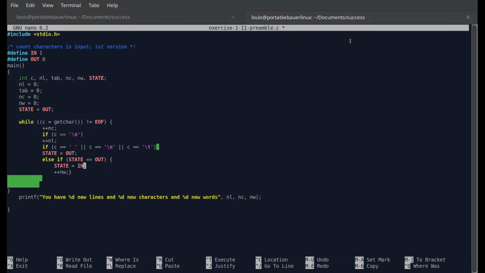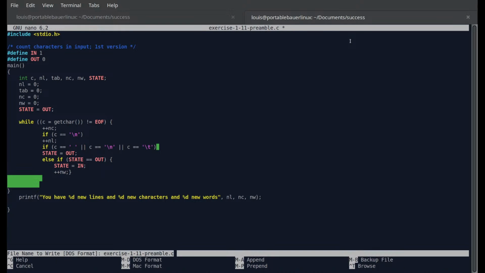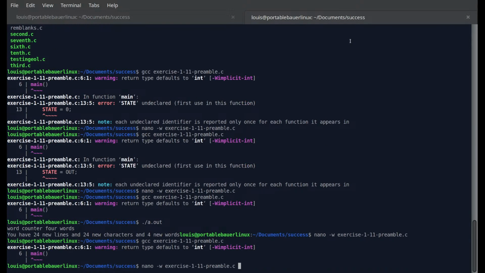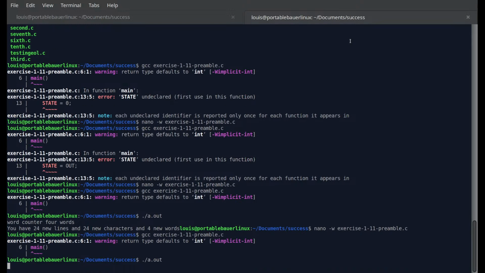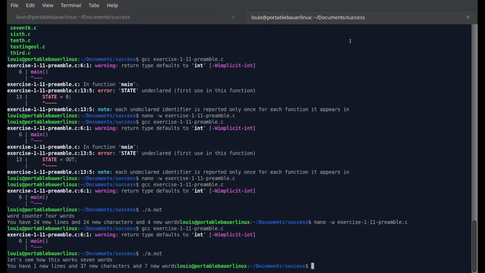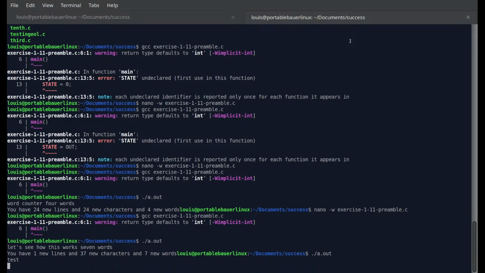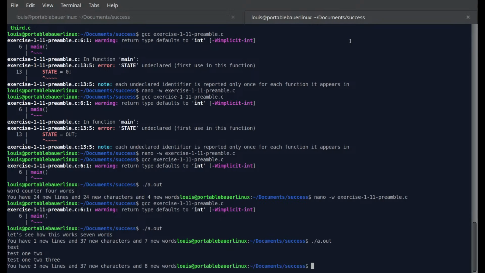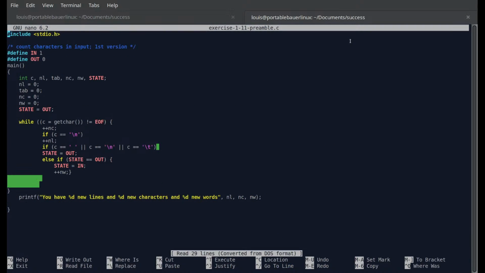Wait, why do I have a semicolon after the if? I'm not supposed to have a semicolon after the if. I'm gonna trust it on the character count because... So the problem that I have here is that all I did is I tried to rebuild based on